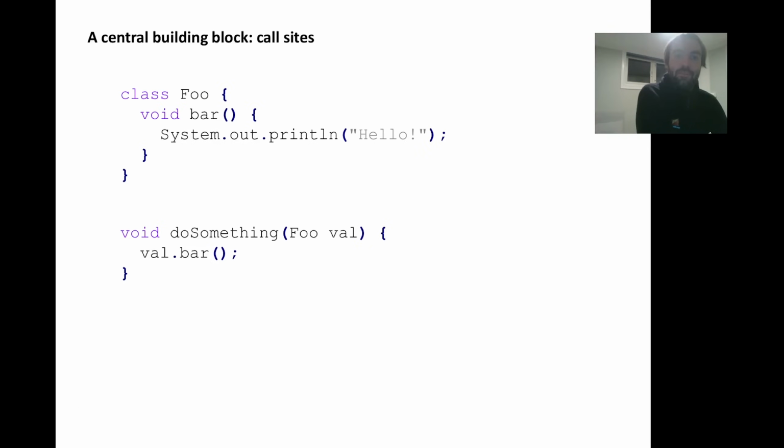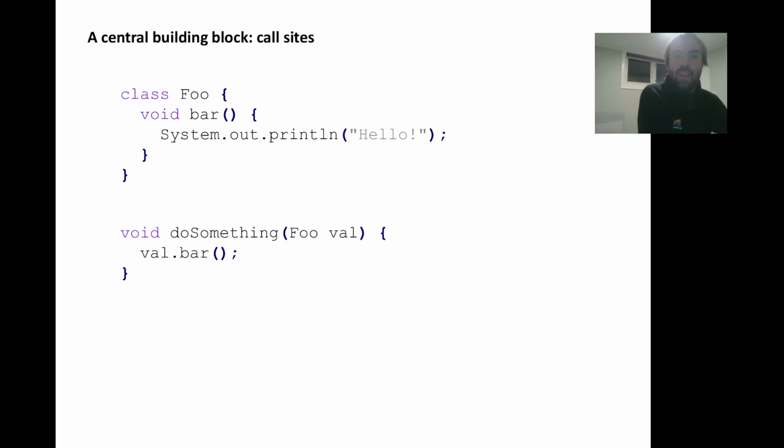Right. So, in order to look into what profiling information is collected and how the JVM then speculatively optimizes your code, the most important factor to understand is the building block of a call site. The JVM, or at least HotSpot, is a method-based JIT. It's not a tracing JIT, like for example Android is a tracing JIT. For the most part, the JVM is a method level JIT, where a method itself is compiled. So every Java method is a compilation unit